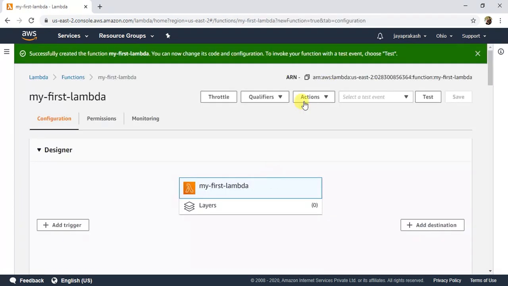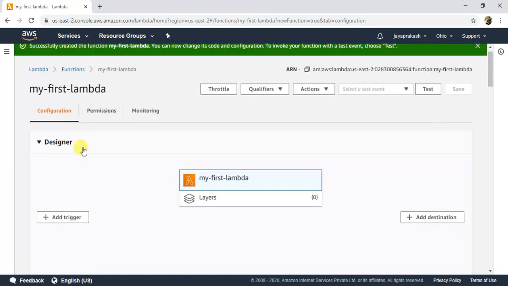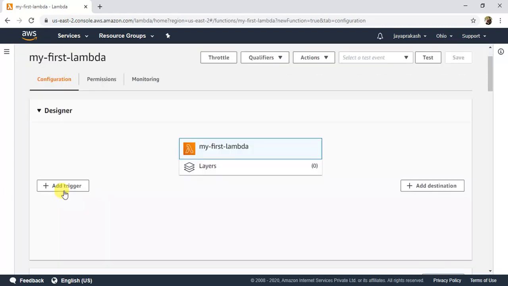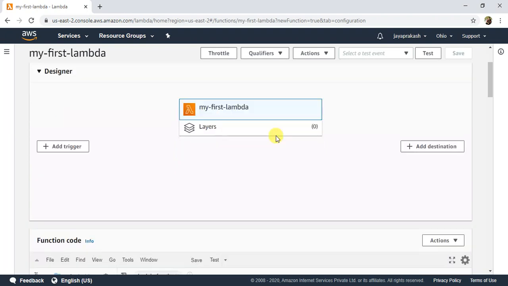Okay, so once the lambda is created, you will get this successfully created function message. Let me walk you through this console and show you the various features of lambda here. So this is the designer for this lambda function. We can have a trigger, which triggers this lambda function. If you add a trigger here, this can be anything like an S3 event or any other trigger. Lambda supports many triggers. So this is the one which triggers your lambda to run. Okay, so this destination is where your lambda is going to send output. So that is the designer part.